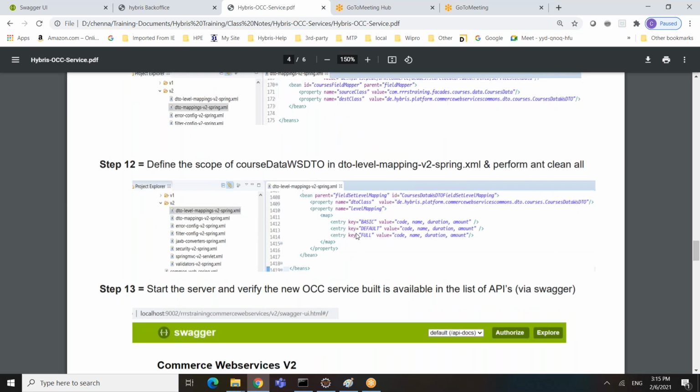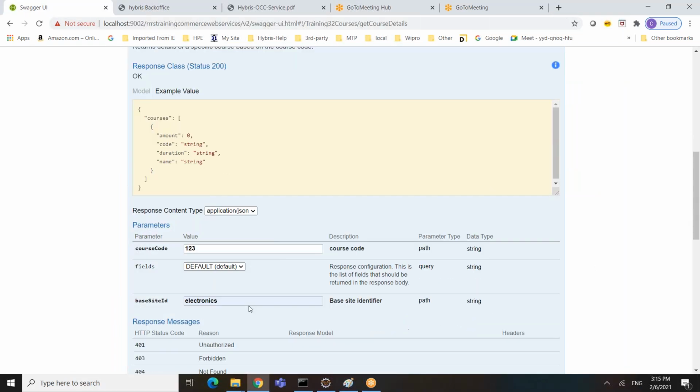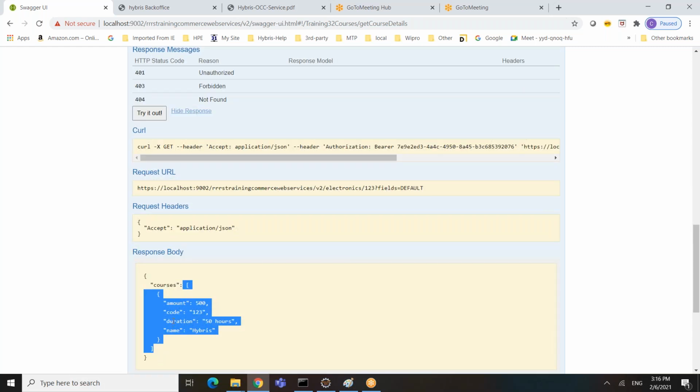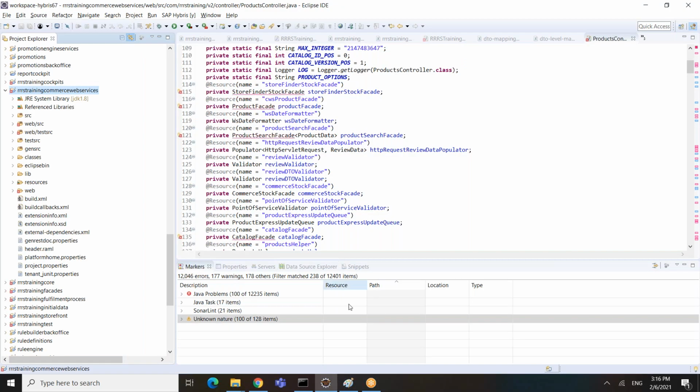The scope is basically to return the attributes, a number of attributes. So if it is basic, you want to return only 5 attributes. If you want default, you can return 50 attributes out of 100. In the full, you can return all 100. So if you look here, you can pass the fields, basically the scope. If you pass only basic, it returns whatever is defined there. If you say full, it is going to return the list of attributes based on the full that you defined in your code base.